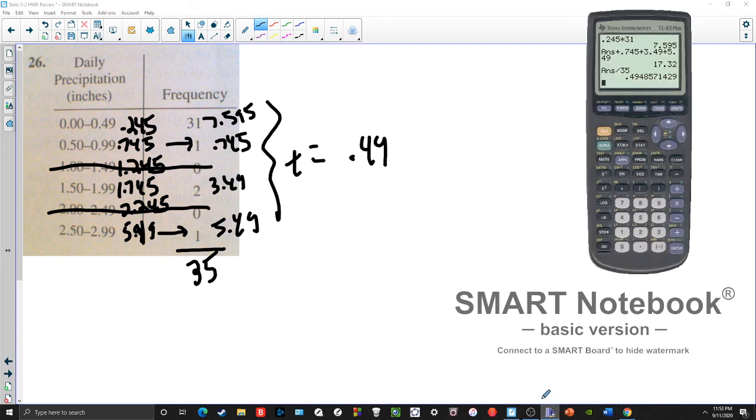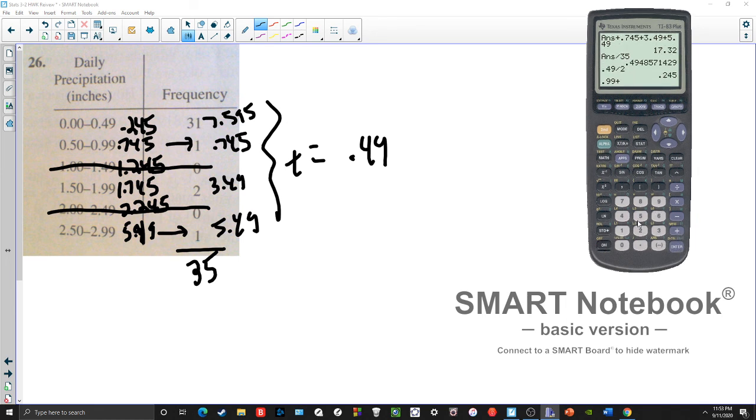So 0.49. Let me just double check my midpoints. If you're doing this and you think that I'm wrong, you might be right. Let me just check here. Yep, and then 0.99 plus 0.5 divided by 2, 0.745, that's good. I don't really need this one because it's useless. 1.99 plus 1.5 divided by 2, 1.745, right? And then times that by 2, just to make sure my multiplication was correct, 3.49, right? And then 2.99 plus 2.5 divided by 2,